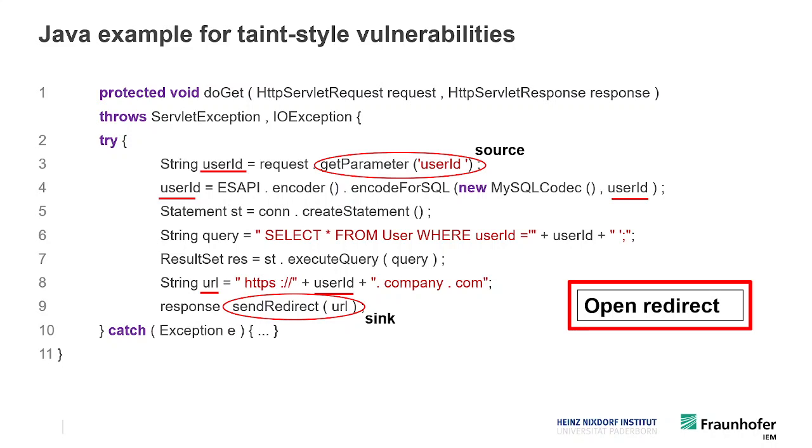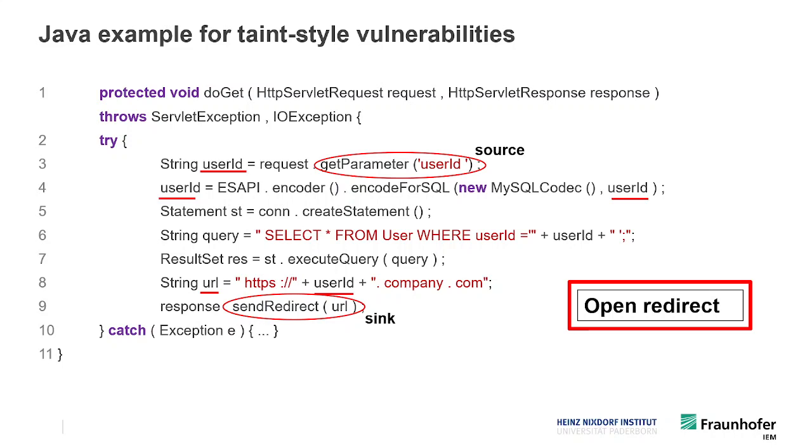So in the same code we saw that we have a single external source which is relevant for two different vulnerability types, and we have two different sinks, one specific for SQL injection vulnerabilities and one specific for send redirect vulnerabilities. And furthermore, at line 4 we saw an example for sanitization of taints for SQL injections. These are all examples for security relevant methods. Okay,